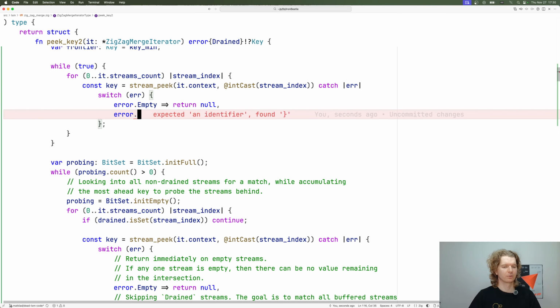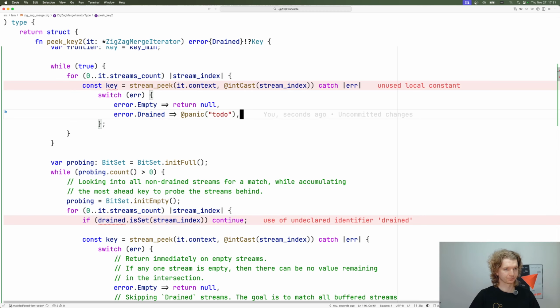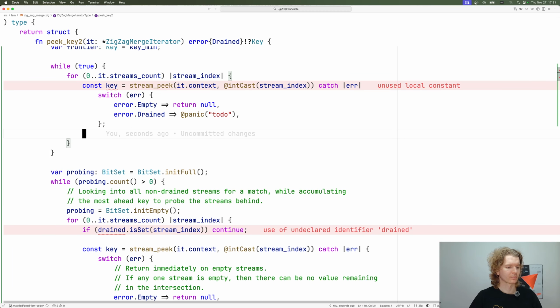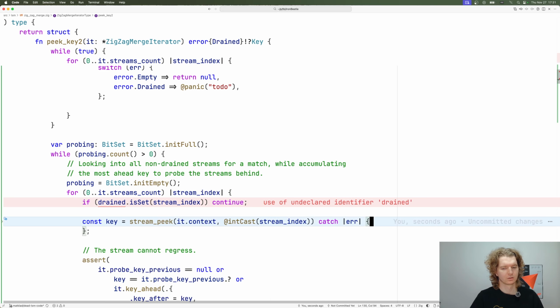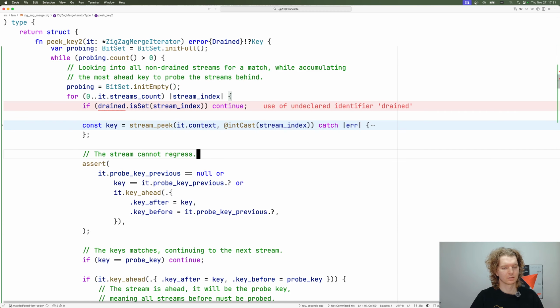If the stream is drained, well, we'll figure this out. Now, okay, there are two cases. Well, actually, do I want to pick first? I actually want to maybe drain to immediately